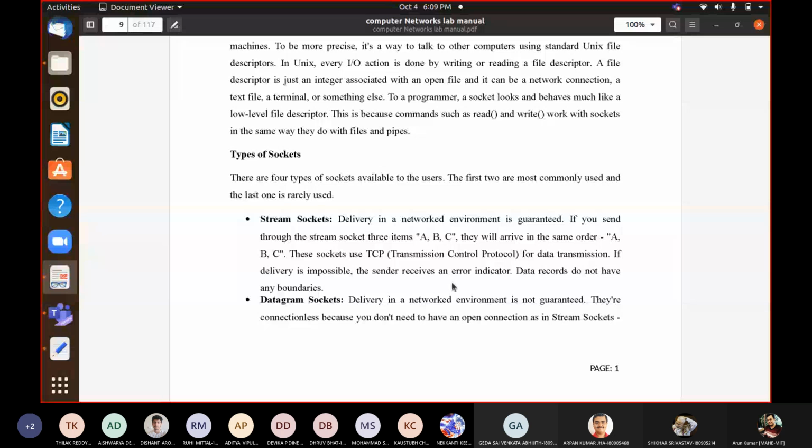If it is using the TCP protocol, then it is a stream socket. Whatever properties you associate with TCP, that it is reliable, it will always ensure in-stream delivery, it will ensure error control, all those features that come along with TCP, you can always associate with stream sockets.